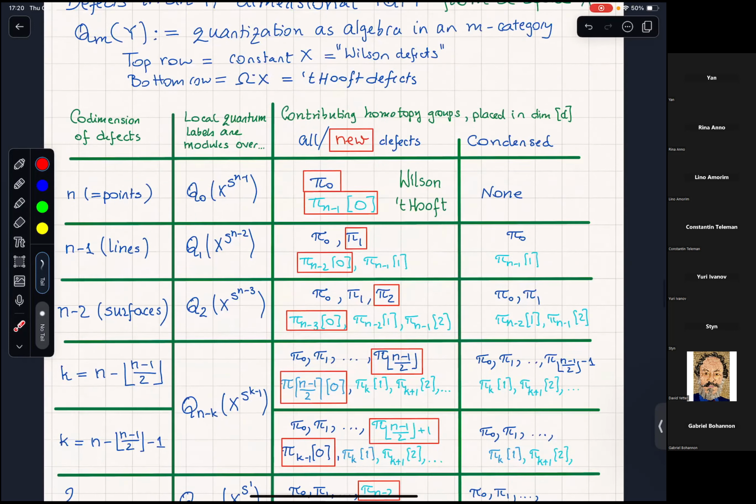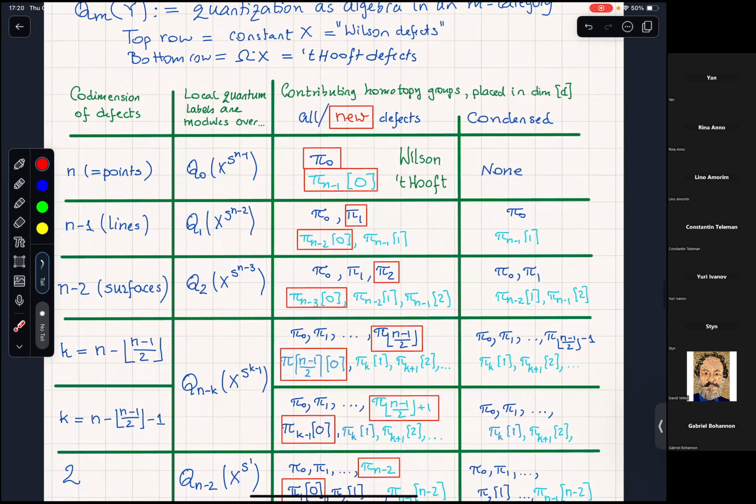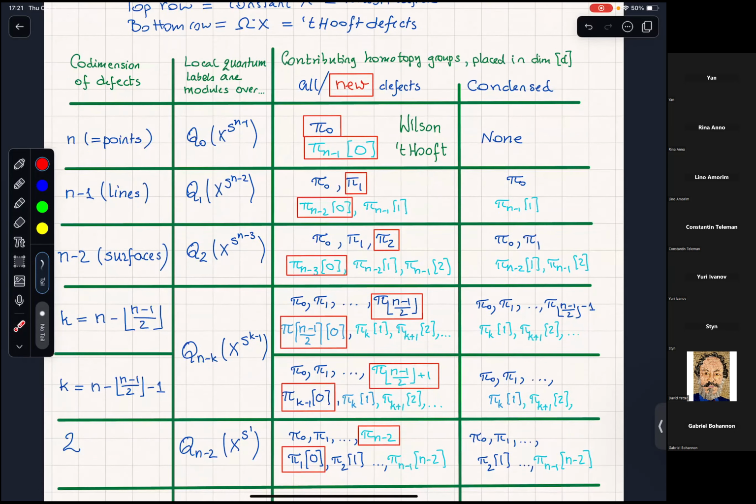All right. So here I'm listing in every dimension what defects you have, where they come from. They arise by quantization of the mapping space with a linking sphere. And here are the homotopy groups. I think I've secretly assumed that pi 1 doesn't act to do any damage on the others. And in red, the red squares tell you which defects are new, in other words, which are not condensed from